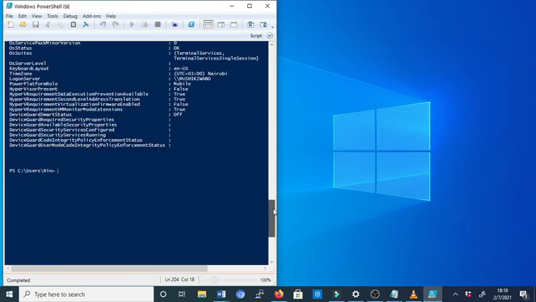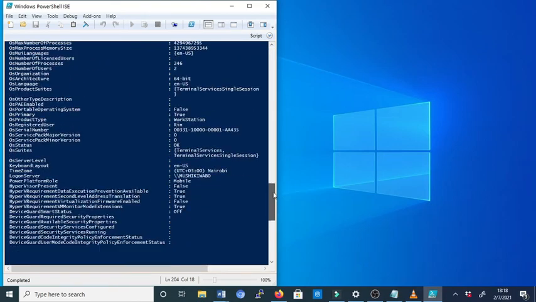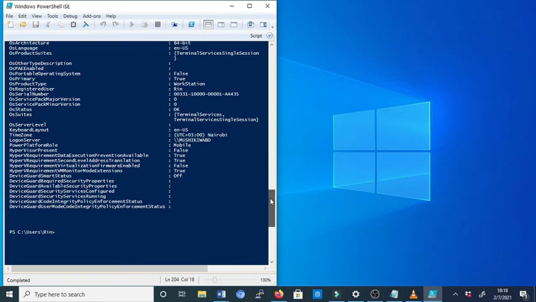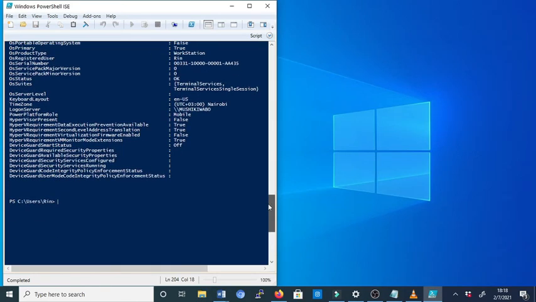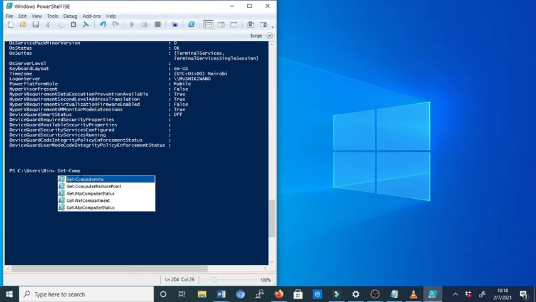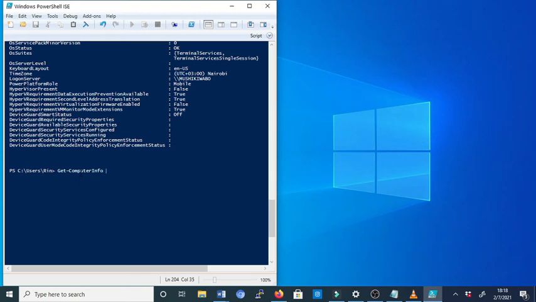Suppose now we want to save these details in a text file for future reference, or you may want to share it with colleagues for assistance if you are troubleshooting a problem in your computer. To save a command output to a text file using PowerShell, you may follow these steps. From the same command that we use to get these details, which is get computer information, and then add the pipe, and then another command, write out